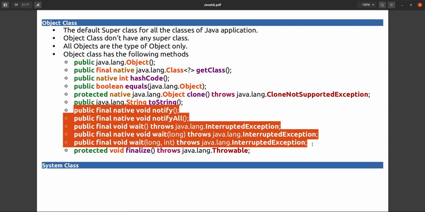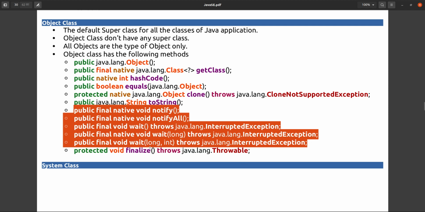Otherwise, if you use these methods, you will get an illegal state exception, because your object is not held by any thread. Then you cannot invoke these methods.